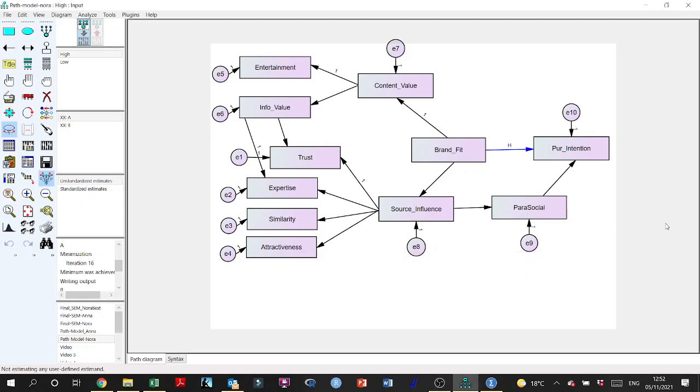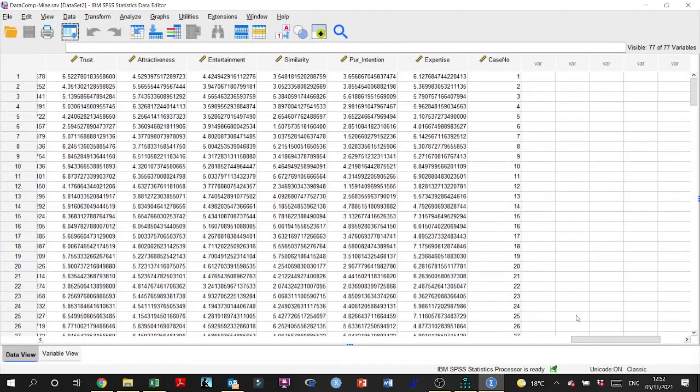Hi, in this video I'll show you how to compare two different variables. For example, if you are measuring the millennials' open-mindedness level and you want to see how this is affecting the brand fit impact on the purchase intention, meaning you go into the data set that you have and you create,